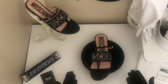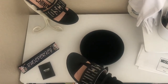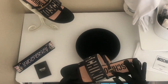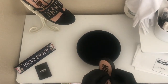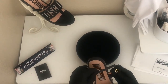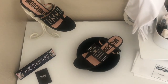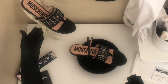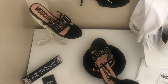The Moschino logo sandals fit true to size with some room to breathe, with the use of the crossover straps for adjusting fit. I think there are about, let me double check. There are 5 holes on the strap for you to adjust the fit, featuring a slip-on style, the 0.6-inch heel with branded insole